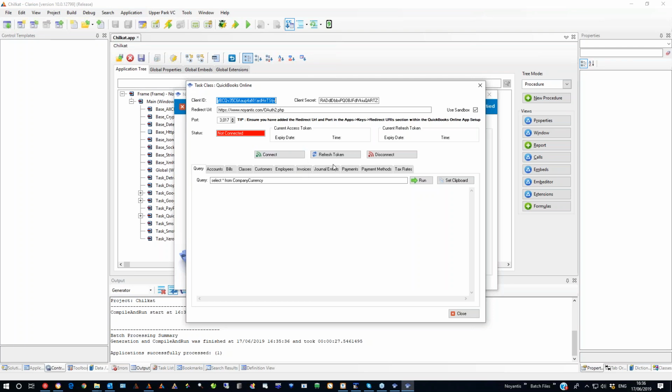The task class is a layer over the top which does all the work for you. So if anyone's got any ideas where they go, oh, we're looking at this, could we have a task class for it? I'm not saying we'll jump straight on it, but by all means put the task class ideas forward. The bigger we can get the library, the better, in my opinion. So an example of a task class is the QuickBooks one. That method there, connect, is just one method call, which will in turn take a lot of the grunt work out. You just call it with